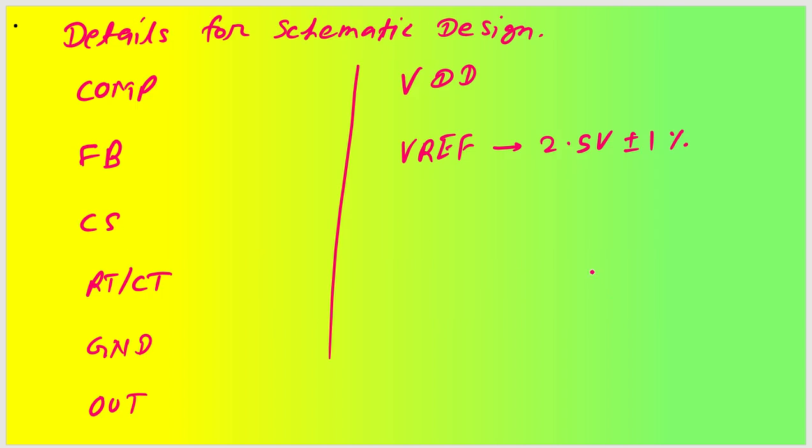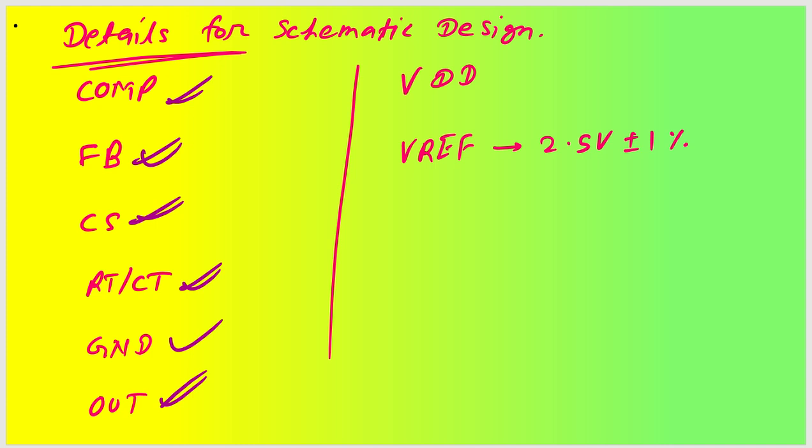Now what are the things that we have to look into while designing this particular circuit? Just now I told you, we have to have the compensation circuit, then the feedback circuit design, then current sense pin design, then we have RT/CT pin design, and then ground and output. That's all we have to see, and we have to supply a voltage level, and my V reference is always there,